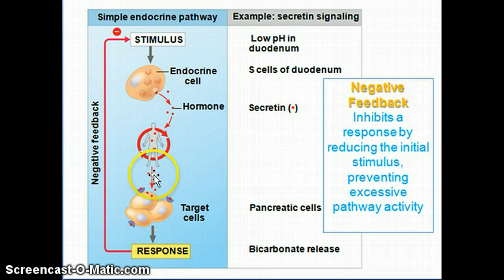And this hormone stimulates the pancreas to release bicarbonate. And that bicarbonate, in turn, will raise the pH within the duodenum. So in that way, our response is returning our body system back to the pH where it needs to be, so getting back to its set point, and the negative feedback that goes back here turns